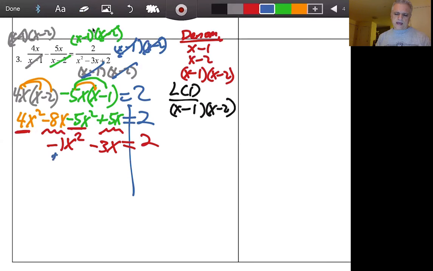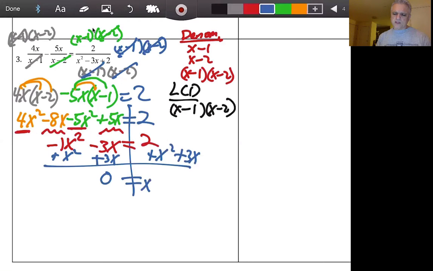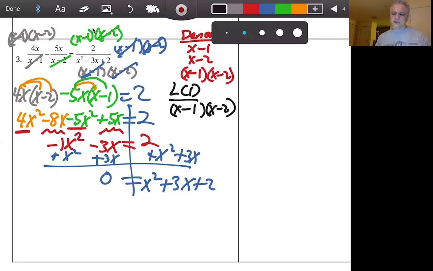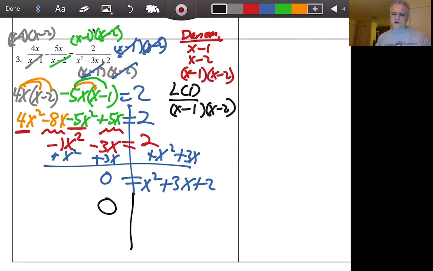So I'm going to add x squared. I'm going to add 3x. So that's going to give me 0 on this side. This is going to be positive x squared plus 3x plus 2. Well, this looks kind of familiar. Looks a lot like the previous question now. Just different sign. So we got 0 equals,